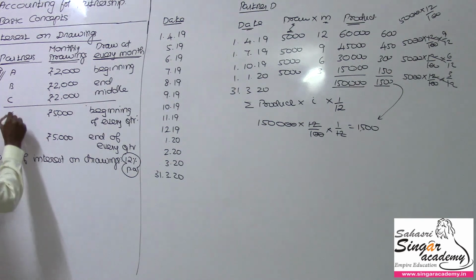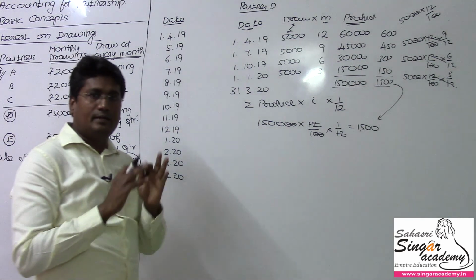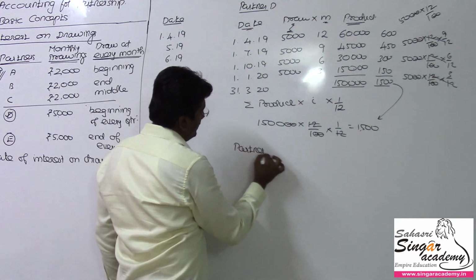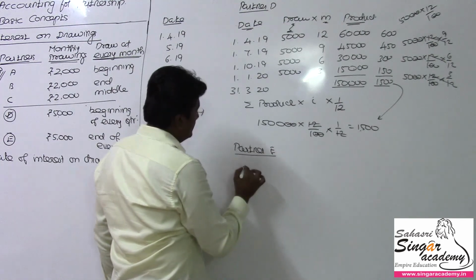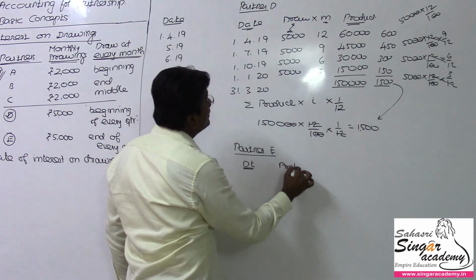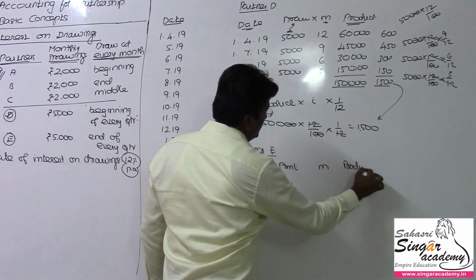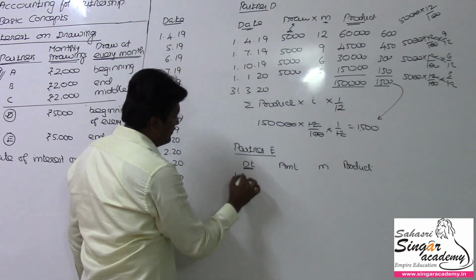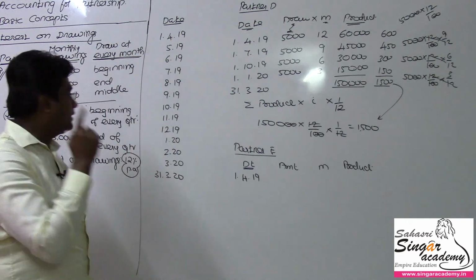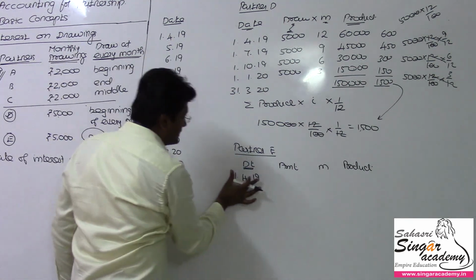So partner D is over. Let me go for partner E. For partner E also I am going to work it out under the product method itself. So in partner E's case, we need the date of drawing, the amount of drawing, and the number of months, and then do the product. The date of drawings is every quarter end, so the first quarter ends on